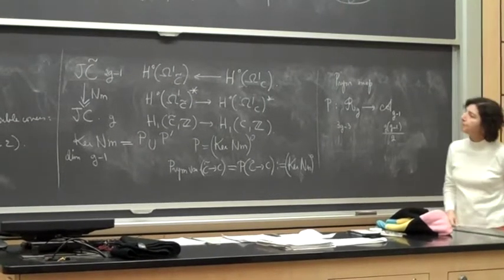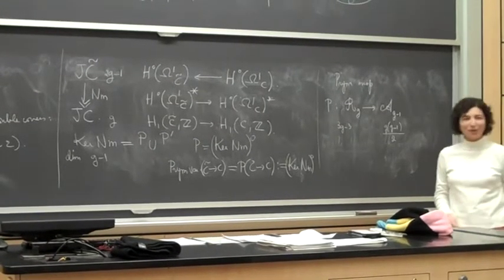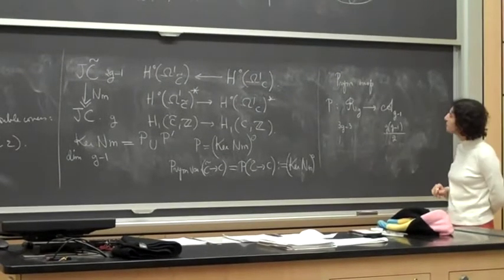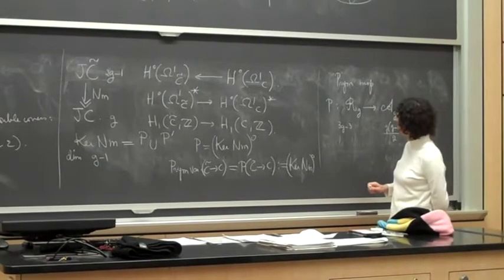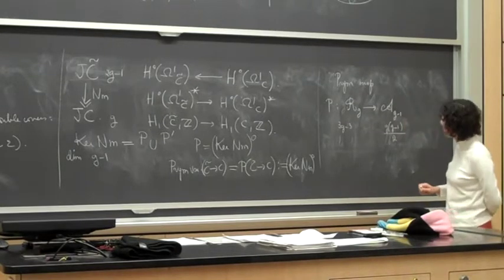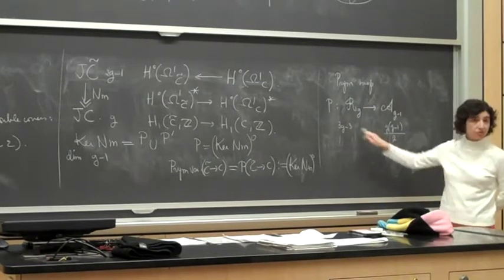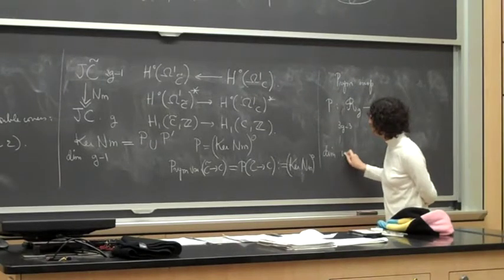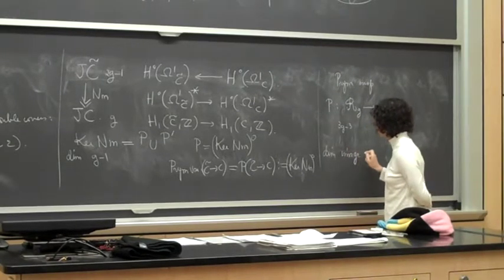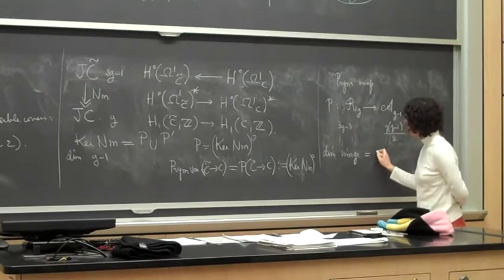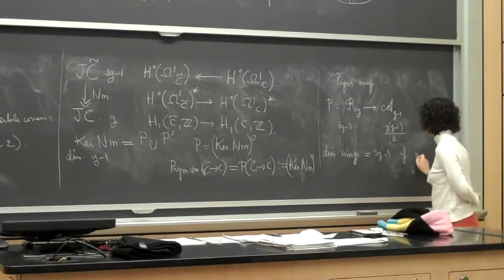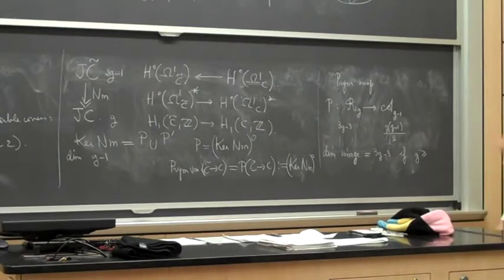And people have proved that basically the dimension of the image is equal to 3G minus 3, if G is at least